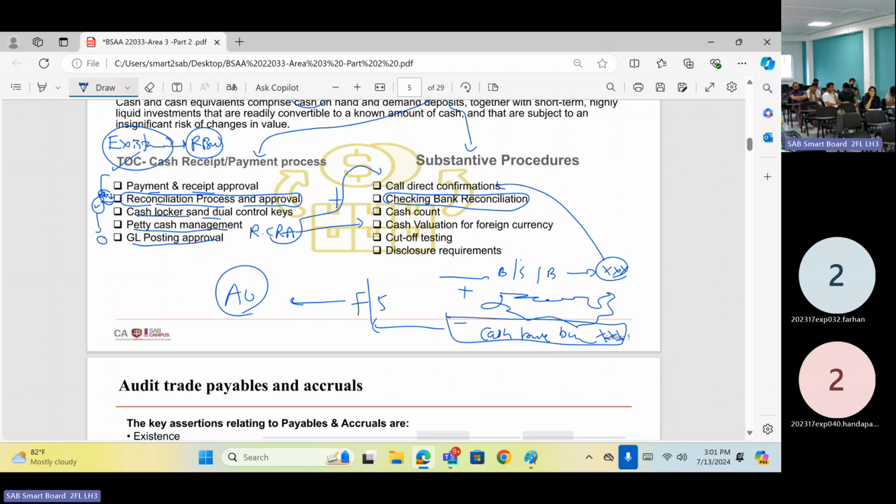Once you are calling confirmation, confirmation received for the bank statement balance, right? The bank statement balance to the year-end cash balance has reconciling items. You have to verify that, and after verification only, you can be satisfied with the cash balance. To do that, have proper understanding about the reconciling items. Reconciling item is the area people can play around.